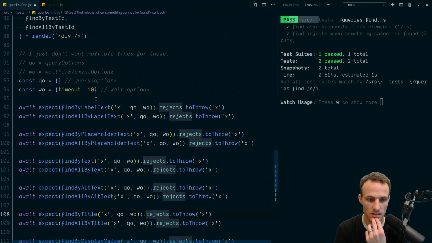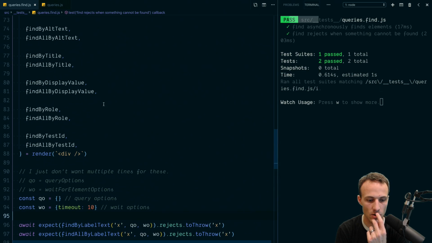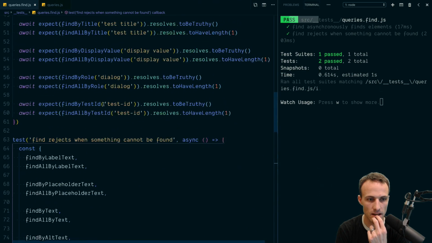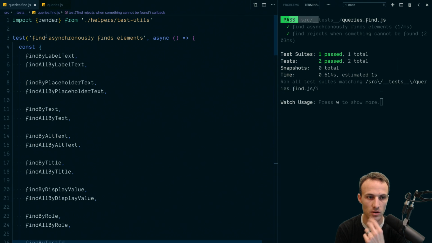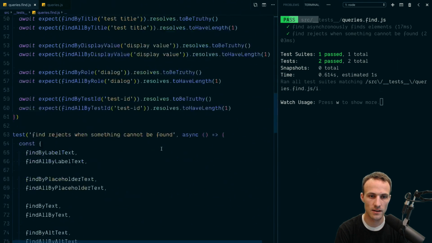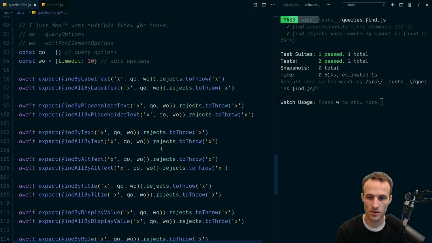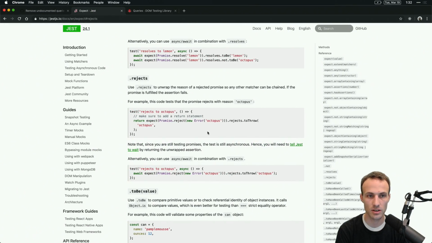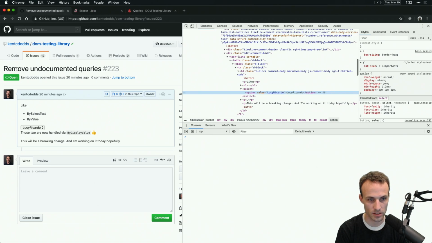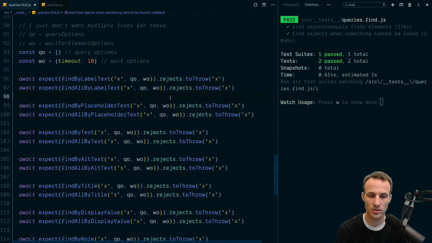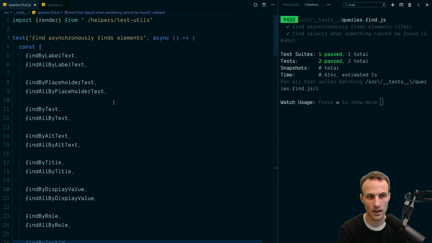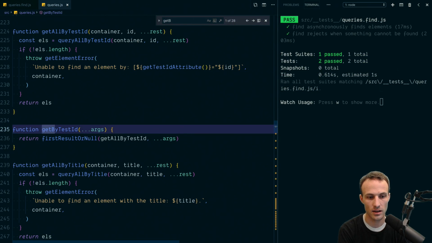Okay, I think that's good enough for me. So this, yeah, I'd say we are feature complete on this one. This is a new feature. It's not breaking anything, and so I'm going to go ahead and release this as is, because next I am going to start breaking stuff, like removing undocumented queries, and then also when you do a get by text,